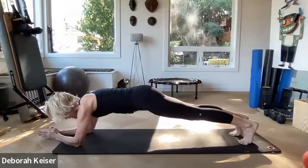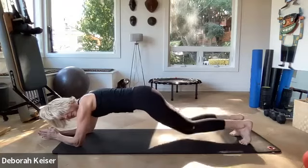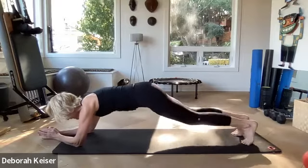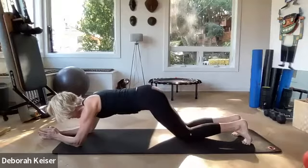Lengthen through the neck. We're going to tap with both knees. Lengthen. Tap. Lengthen. 5, 4, 3,